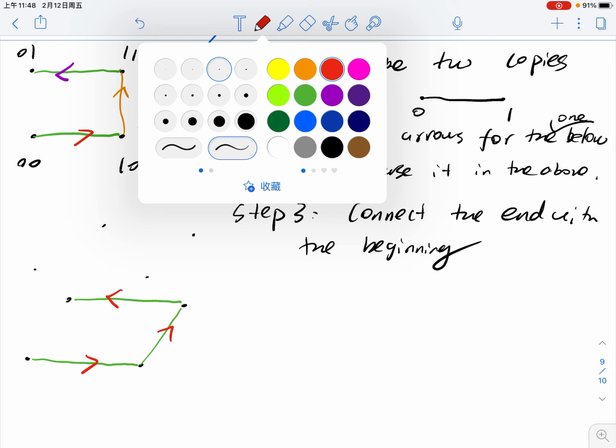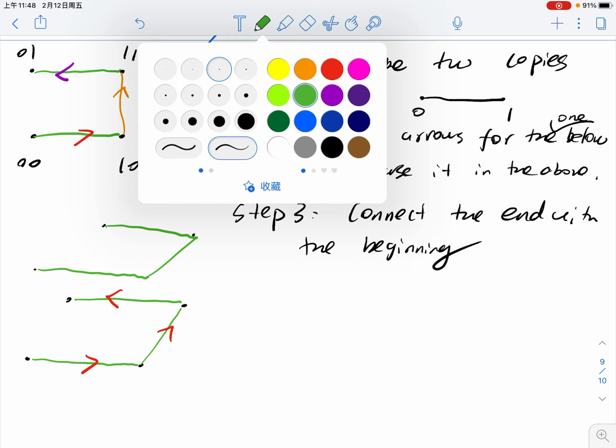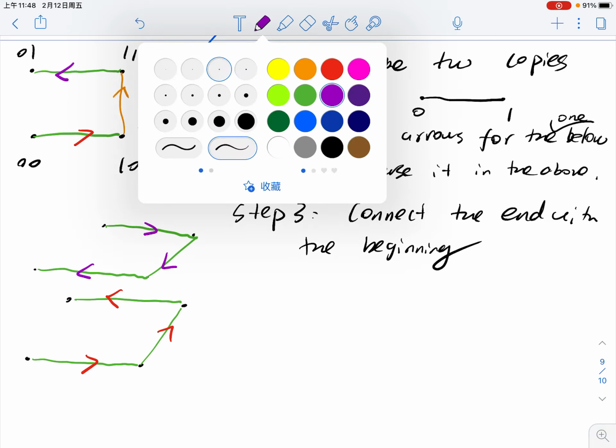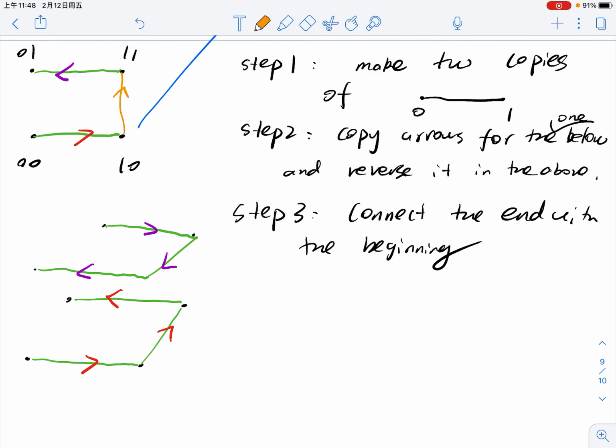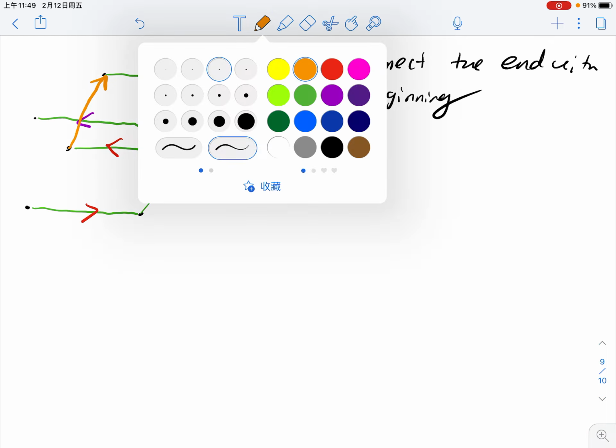And for the above one, you reverse the arrows. Okay, and the last step, you connect the end to the starting point. Then you're done. So this is called